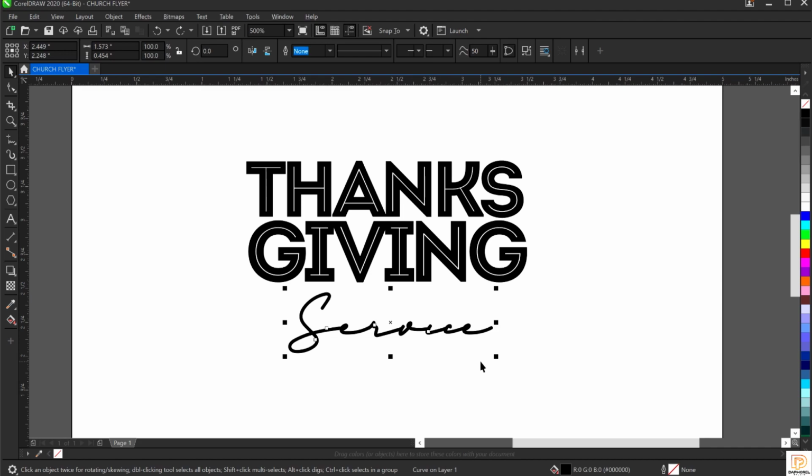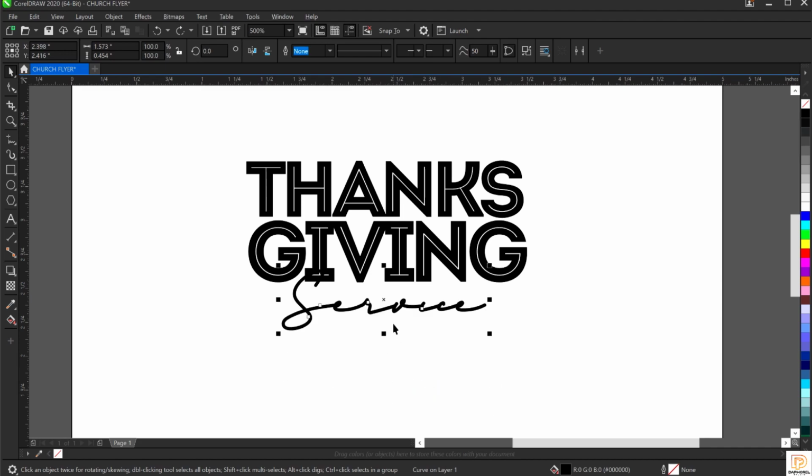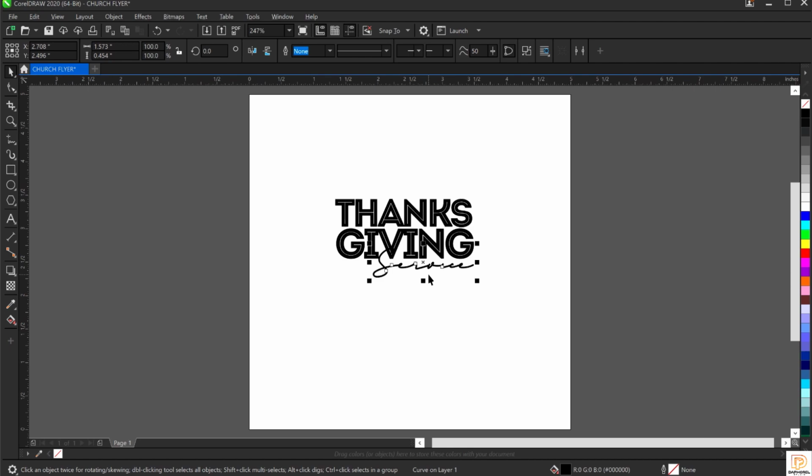The downside to this is, if you've typed service or services, you cannot revert back to service. So you must make sure you're typing the right thing before you go ahead to do this. Okay, great. So I'll just zoom out so we get a feel of what we're doing. Always form the habit of zooming in and zooming out so you see what you're doing and you're precise with your designs. So having done this,